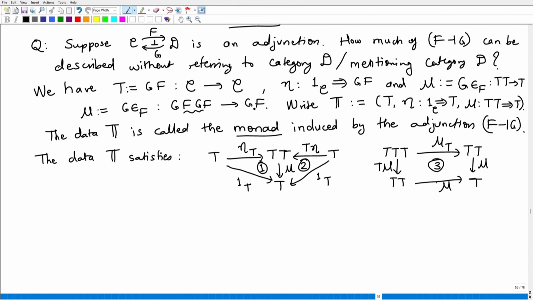Now, obviously, whatever we have seen so far, that came from an adjunction. Now, here comes the definition. So, a monad T equal to (T, eta, mu) on a category C